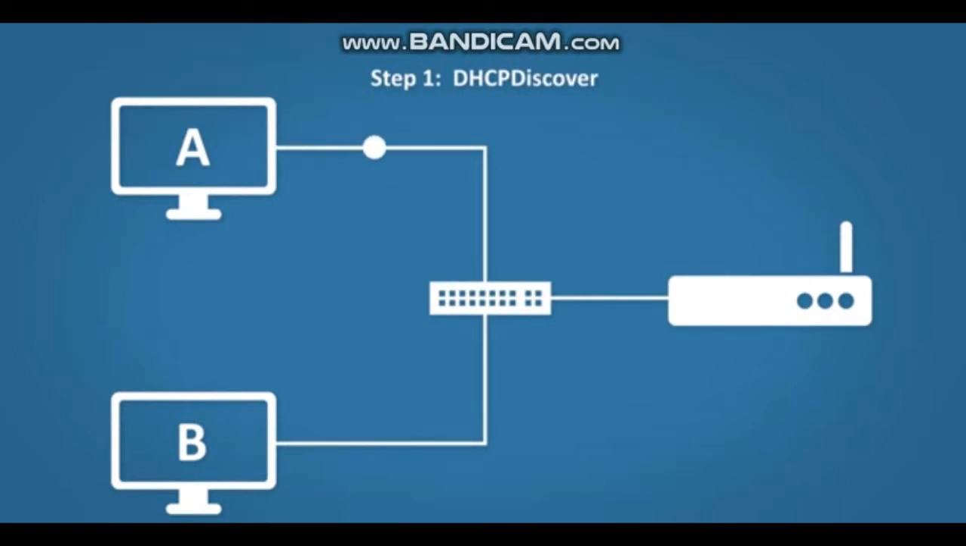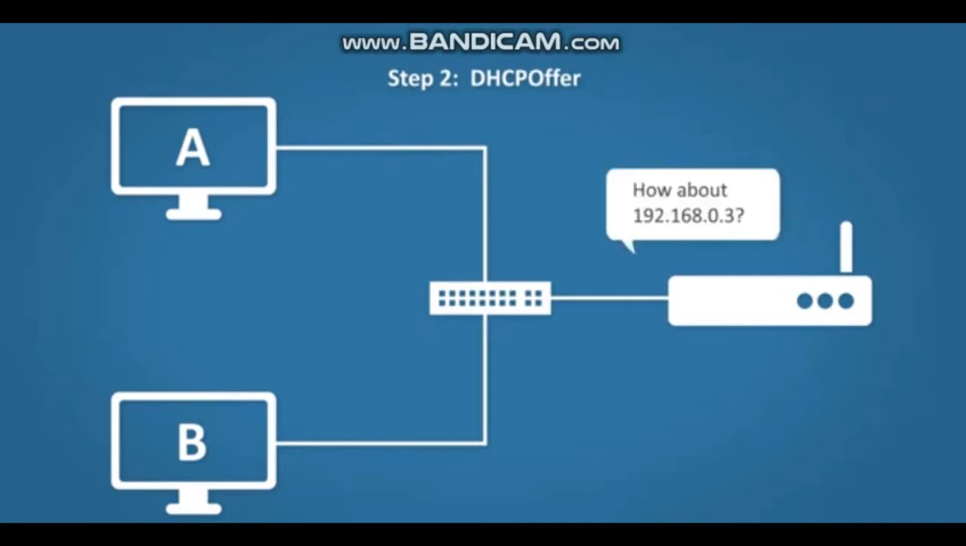A broadcast message is sent from host A and those messages are sent to host B through connected devices. This is known as DHCP discover. Step 2, DHCP offer. When the DHCP server gets the message, the router provided with configuration sends an offer to host